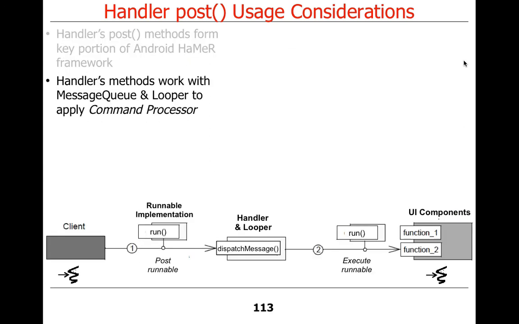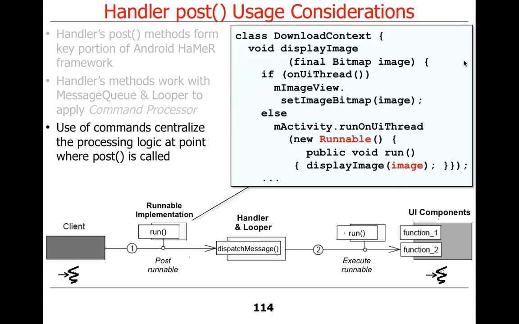Under the hood, all these things work together to apply this pattern called command processor. We'll talk more about that later, or you can look at it online if we don't get that far in the semester. So let's talk a little bit about what commands do. They centralize the processing logic at the point where post is called. So the idea here is we're coming along, we've got something to do, we're going to display an image, etc. And at the point where we're going to do the post, which in this case is just underneath the implementation of run on UI thread, we know what we want to have done,